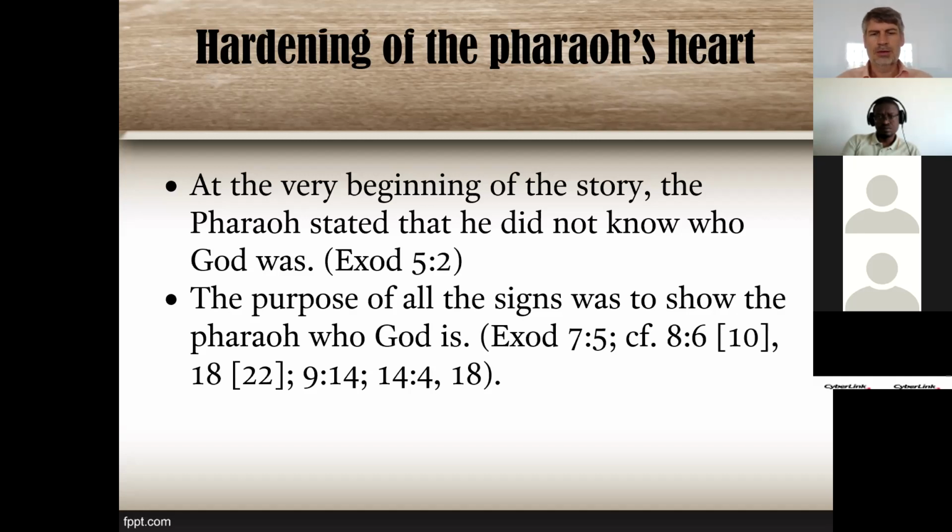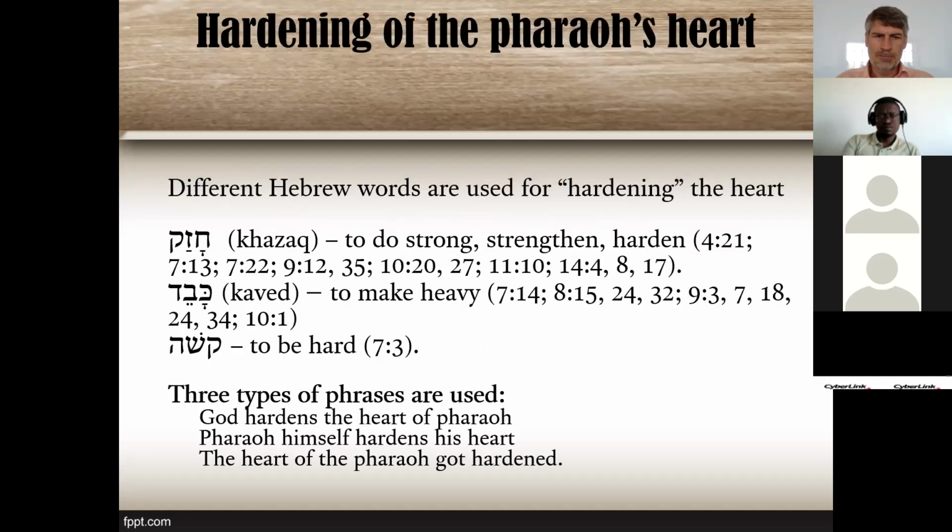So we can see that the idea that is repeated in many plagues is the purpose of the plague and why the plagues are given: that Pharaoh should know, and not only the Pharaoh, but the Egyptians should know and understand who God is. So it's like a deductive purpose. Pharaoh didn't know who God is, and God says, okay, I will teach you who I am, and you will know who I am. Okay, so when we speak about the hardening of the heart of Pharaoh, we can see that,